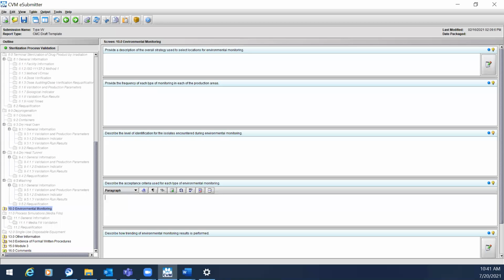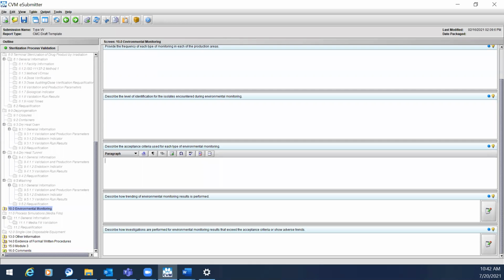If alert and action limits are used, a table showing these limits should be uploaded in Module 3. A table is the preferred format to answer this question. Again, the SOP for the acceptance criteria for environmental monitoring should be provided in section 14.0 under evidence of